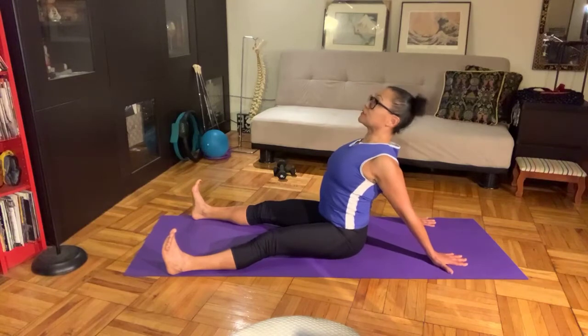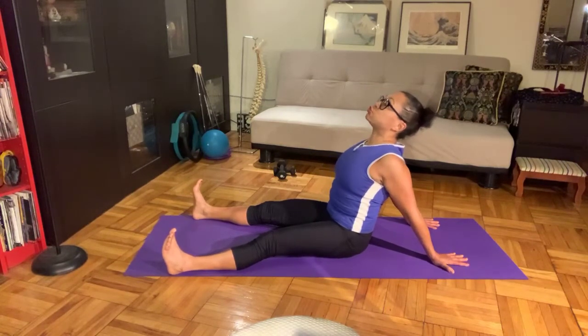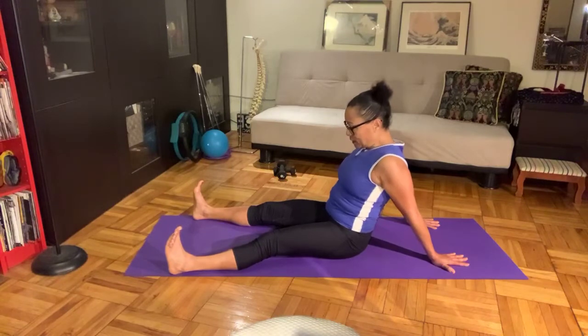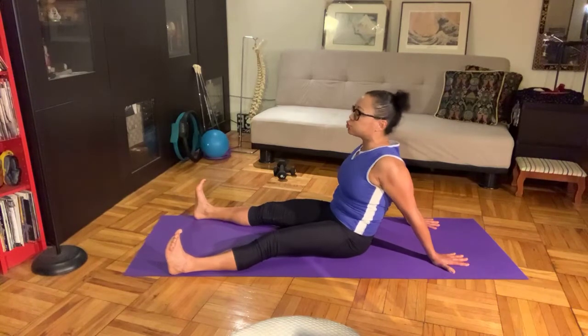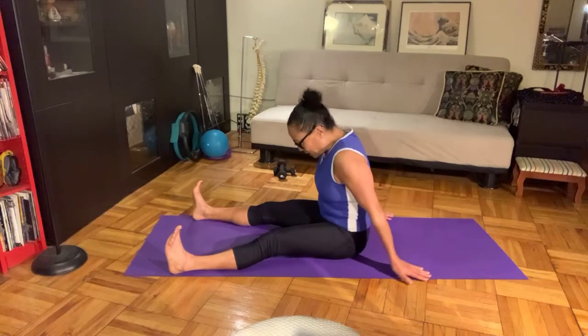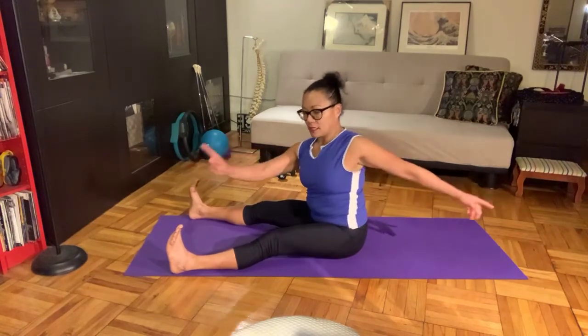Inhale, inflate, and exhale, literally pulling your navel back. Inhale, and then last time, chin at your chest. Now sit up and inhale, just sit up straight, turn to face me, and this exercise